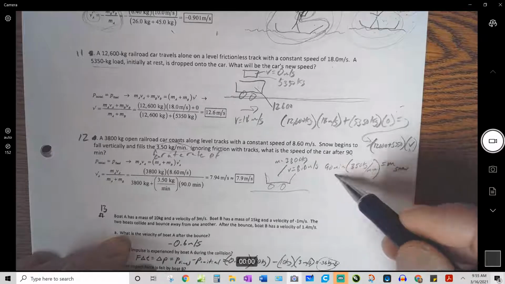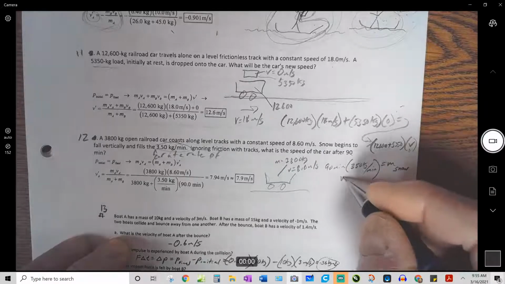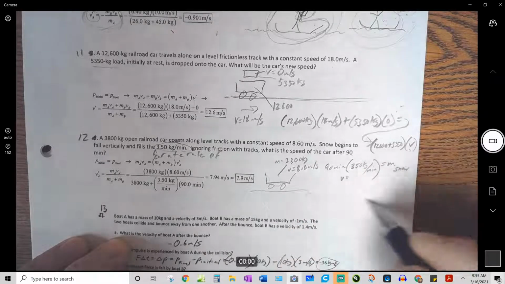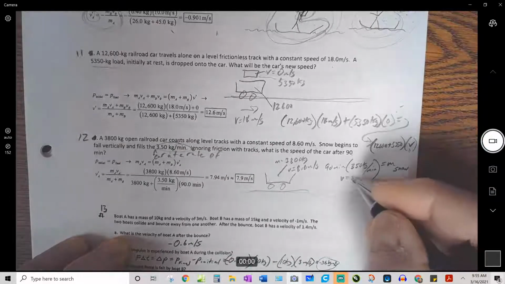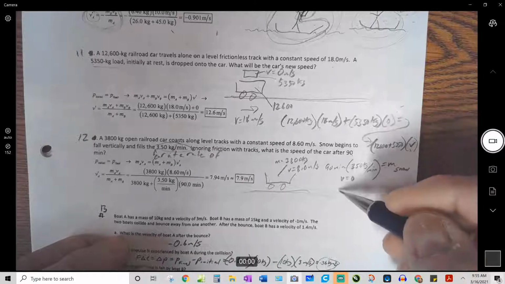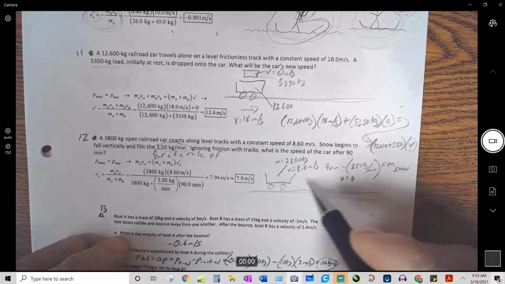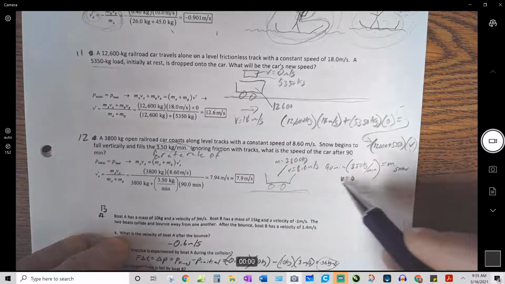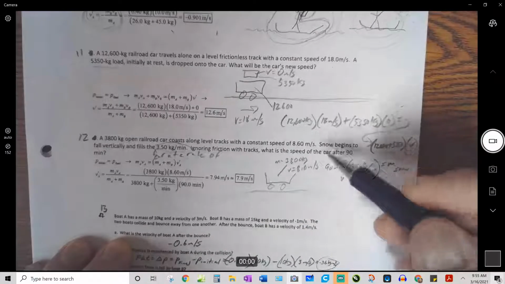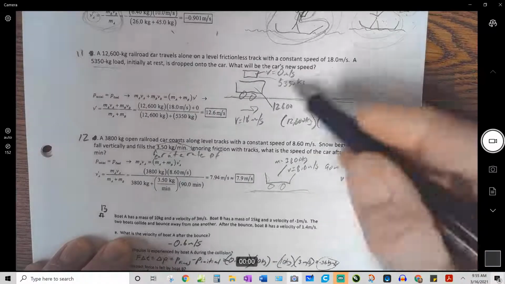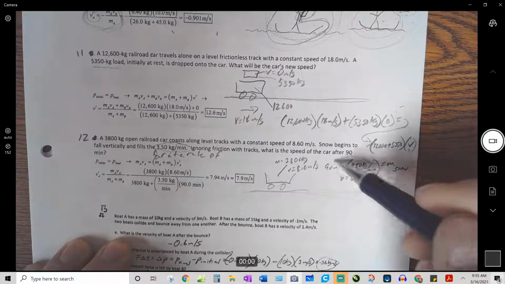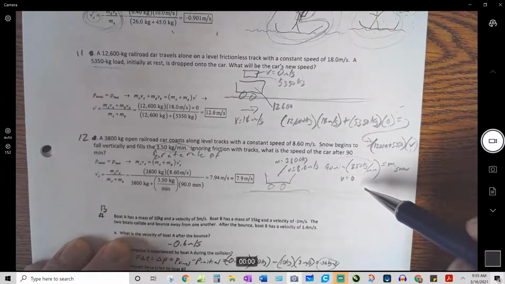And this will be the mass of the load and its initial velocity, at least in the x dimension, which is what's important here, is 0. I mean, it's falling straight down, but that's not going to speed it up or slow it down in this x dimension. So this is just like the problem before, except that you have to calculate the mass of the snow, and that's